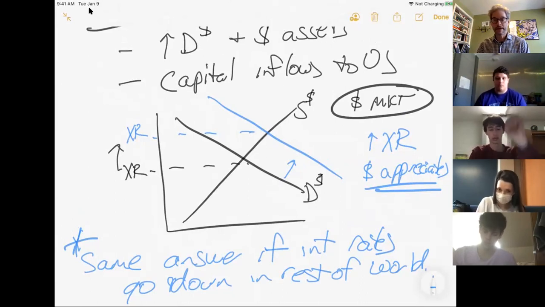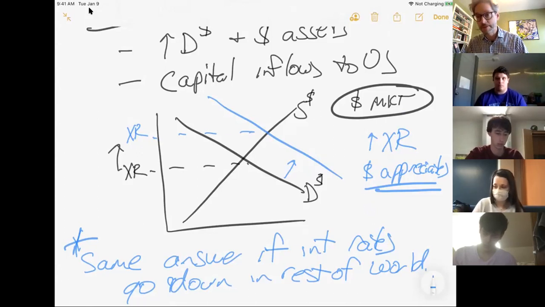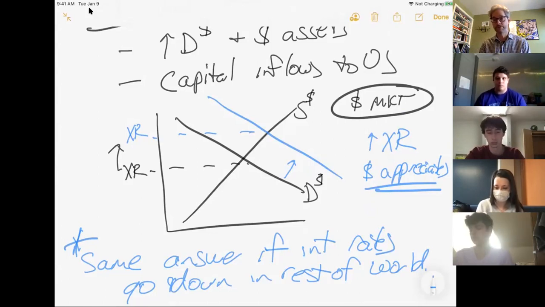One of the things that is followed extremely closely in foreign exchange markets is interest rates. It's not number one, and we're going to talk about what the number one thing is that drives movements in exchange rates, but it is very closely followed. This is one of the big factors that determines exchange rates. And once again, not just interest rates in the US, but interest rates across the world are going to impact the value of the dollar. What happens anywhere in the world is going to have some impact on the value of the dollar, because these are international markets.